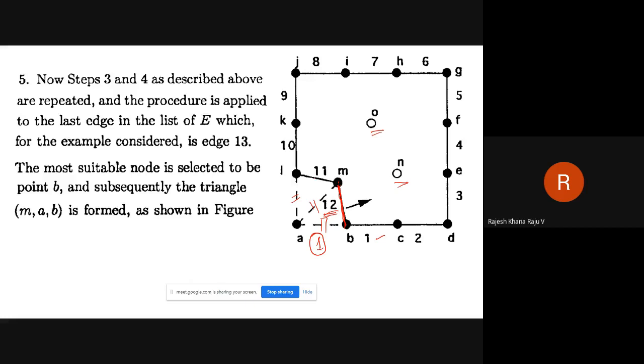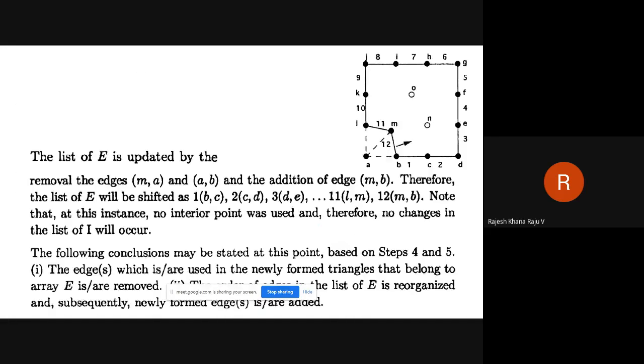So we will now try to advance with respect to this edge M2B, and we will search which of these nodes fall on the left of this particular edge. Likewise, we will continue. Likewise, we will move forward. Okay, so that is what is explained here. Once we move forward, we will repeat those steps, that is, whatever we have discussed in steps 4 and 5. We will repeat those steps.